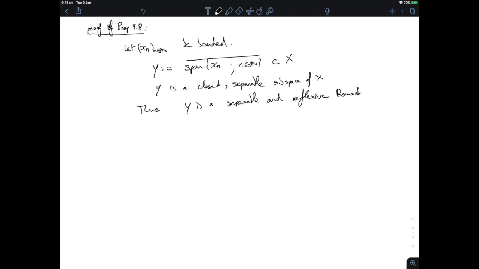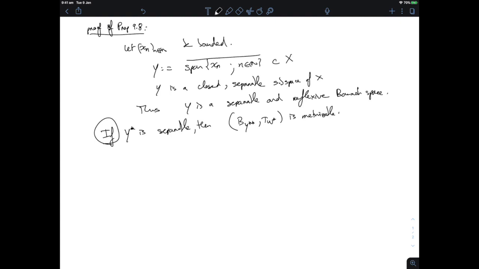Now, I would like to have the fact that Y star is separable, but I cannot directly derive it. I will prove it in a minute. But let's just assume for a second that it is. If Y star is separable, so let's keep the if in a box such that we remember that we're going to need to prove that, then what happens? Then the unit ball of the dual of Y star, which is Y double star, endowed with the weak star topology, is metrizable.